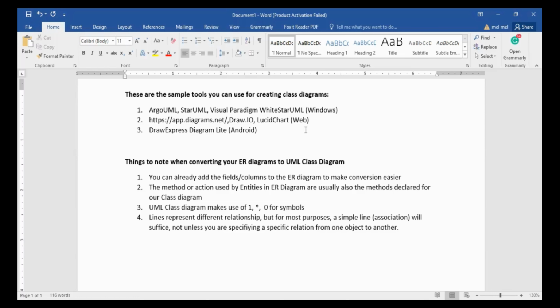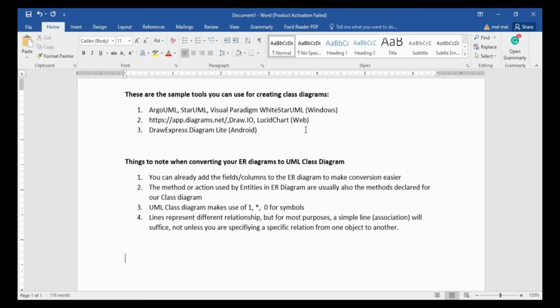But using specialized tools for creating UML class diagrams will be helpful if you are creating documentation for your program later on. In fact, some UML tools could actually generate the skeleton code for you if you will encode them in their